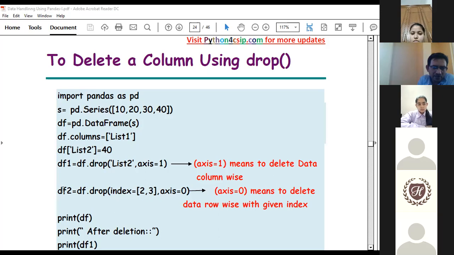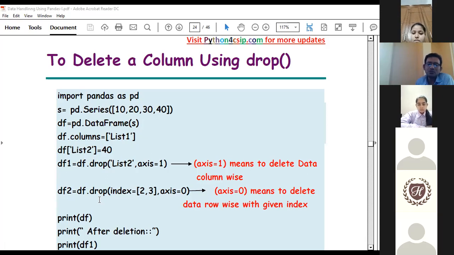We have written df1 is equal to this and df2 is equal to this, so we have created new data frames, because the result will not affect the current data frame. So we have assigned the result to a new data frame.